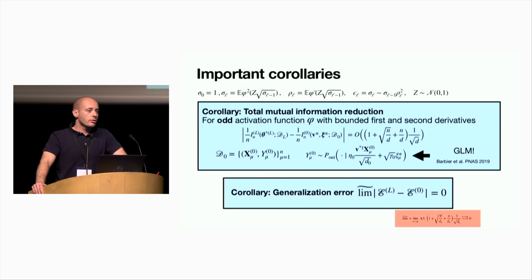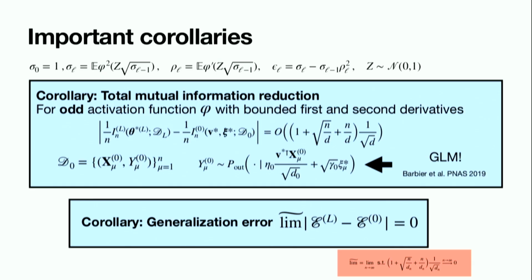This has an important corollary, because once you have reduced a layer, you can keep going on. So you can integrate them out one after the other in a recursive way. And each time you do, you produce an offspring of coefficients that reweight signal and noise, as you can see here. And these eta 0 and gamma 0 that you see in the fully reduced teacher labels y mu 0 are the last descendants of this offspring of coefficients that you produce, and they can be re-expressed, if you sit down with pen and paper, in terms of sigma L, rho L, and epsilon L of this recursion on top.